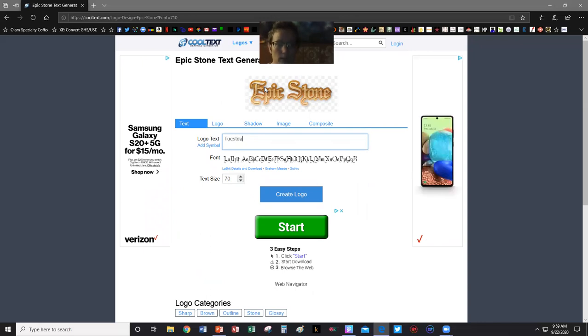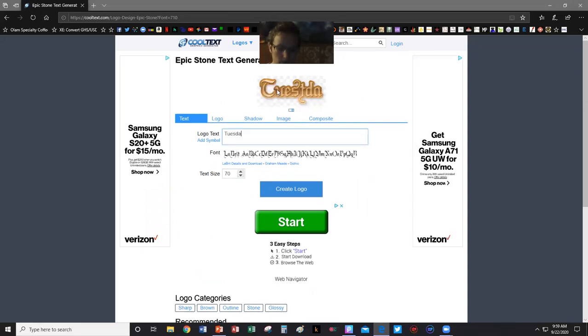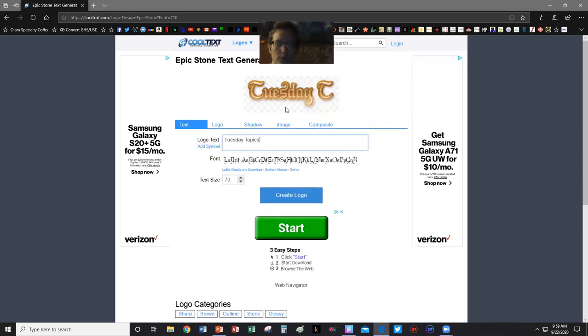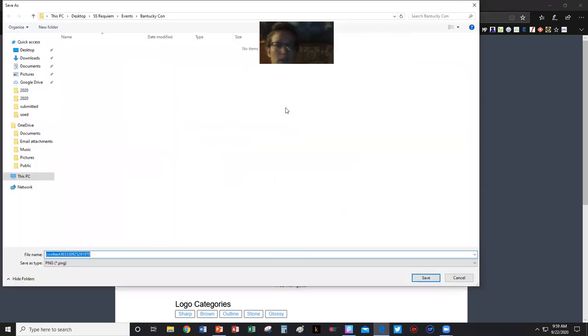So then it's just a matter of creating my words. I usually save it in several different ways. First thing I'm going to do is do it as Tuesday topics, the whole thing, because I never know what I'm going to use it for when I'm creating a whole bunch, but I do like to have a whole bunch of the same font and style already saved up. It makes life a lot easier for me.